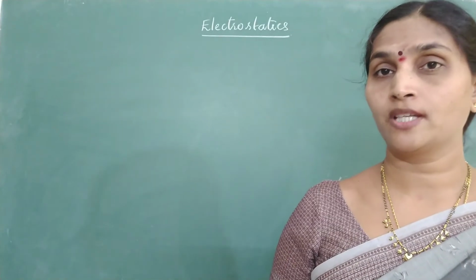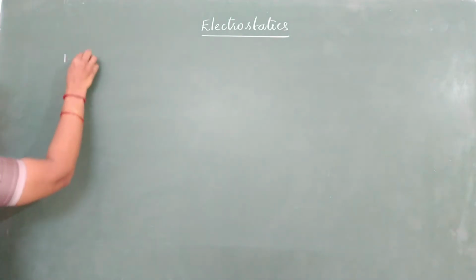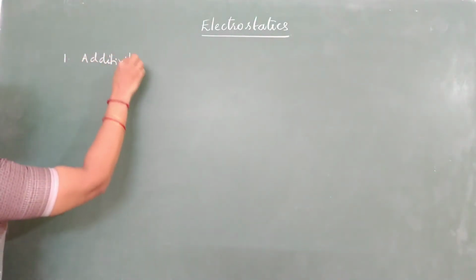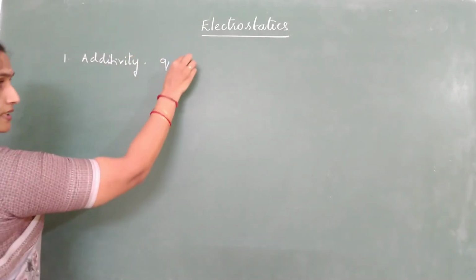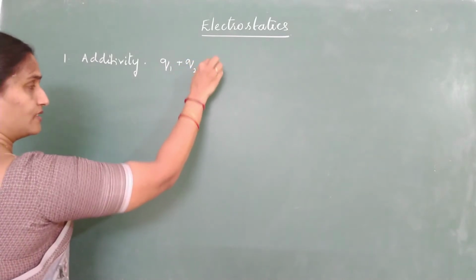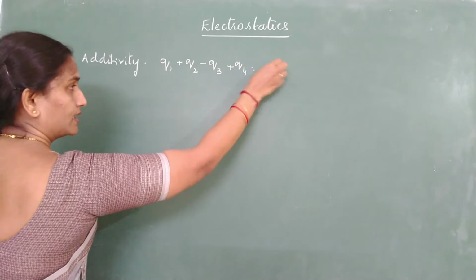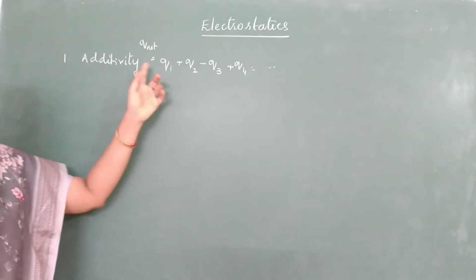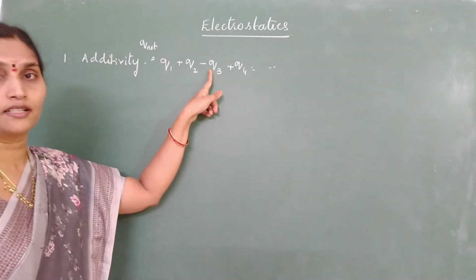Now coming to properties of charges. Regarding properties of charges, what all did we study? The first property, charge is additive. What does additivity of charge say? The net charge given to a body can be added algebraically. Like if you are giving a charge Q1, Q2, minus Q3, plus Q4 and so on, then the net charge given to a body can be algebraically added along with the sign, positive for positive charge and negative for negative charge.